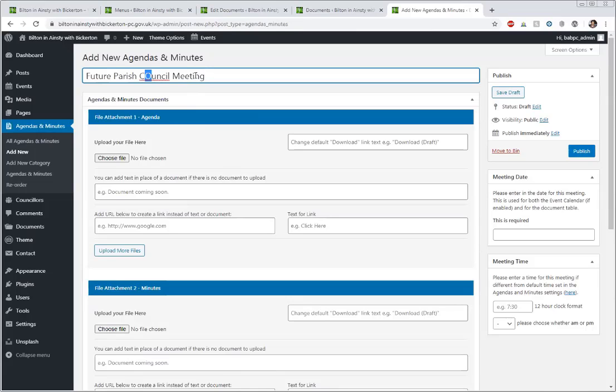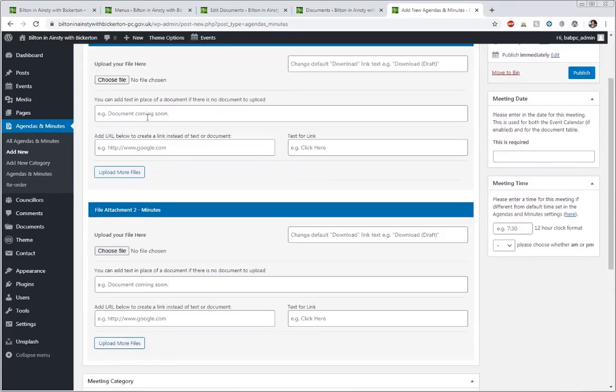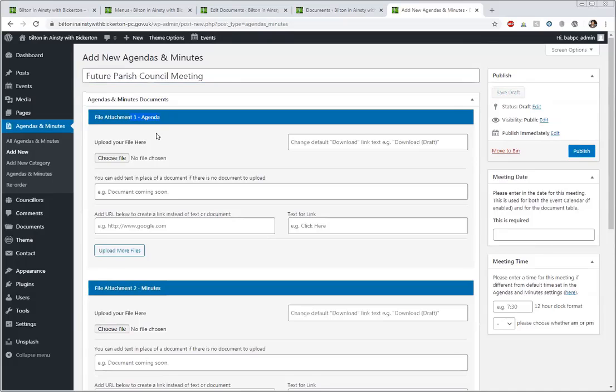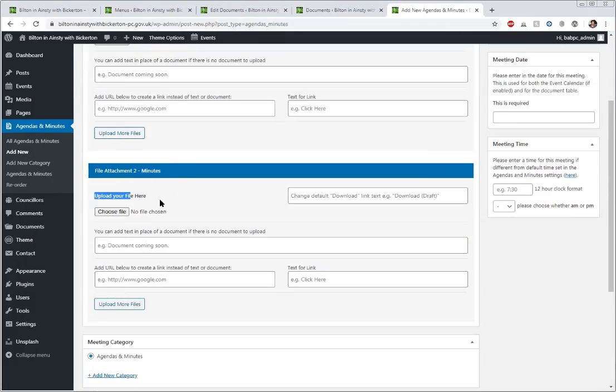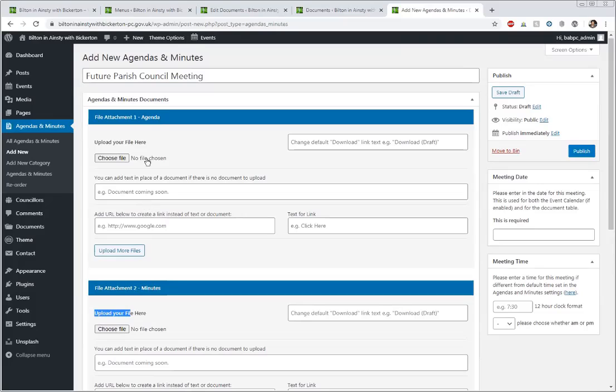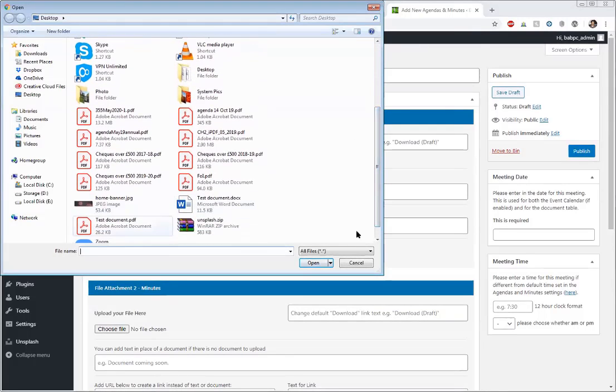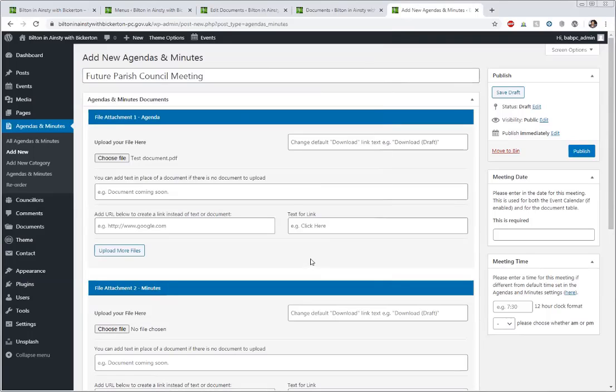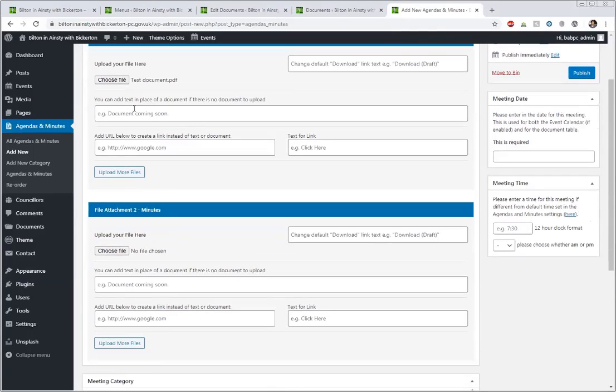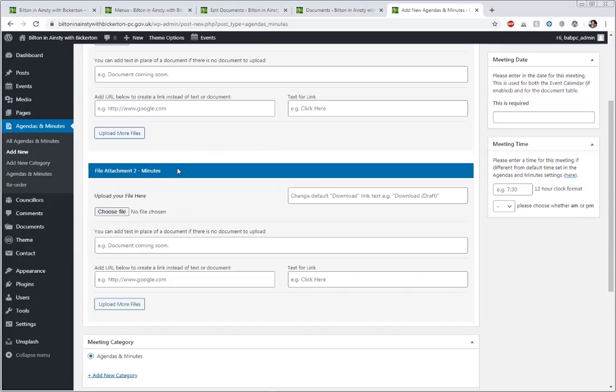Right. So we have 2 boxes now. We have our agenda at the top. We have our minutes beneath that. Rarely are you ever going to do the agenda and the minutes at the same time. So we're going to do the agenda first. We'll come back in a couple of weeks. I don't know if there's any clerk that's that efficient that they can get them both done at the same time. But we'll do the agenda first, and then in a couple of weeks' time, we'll come back to